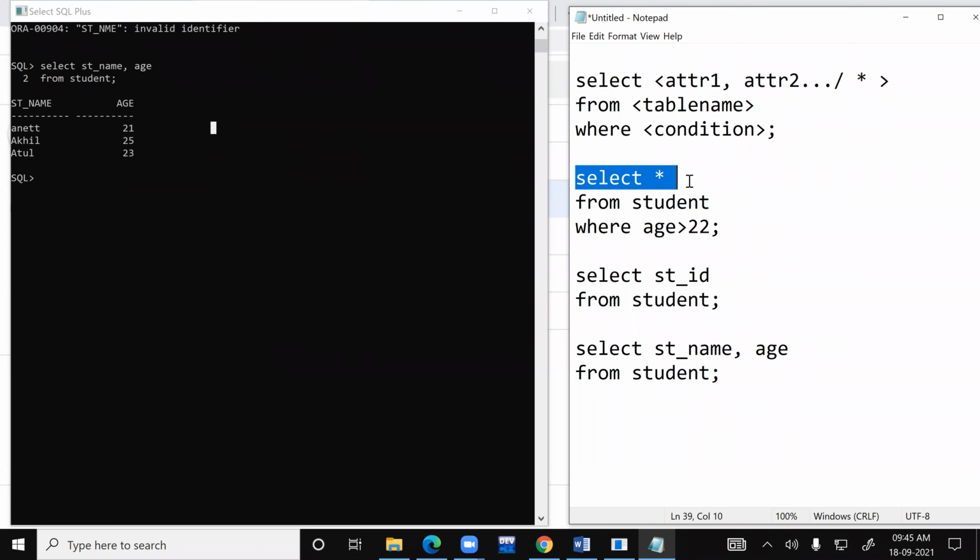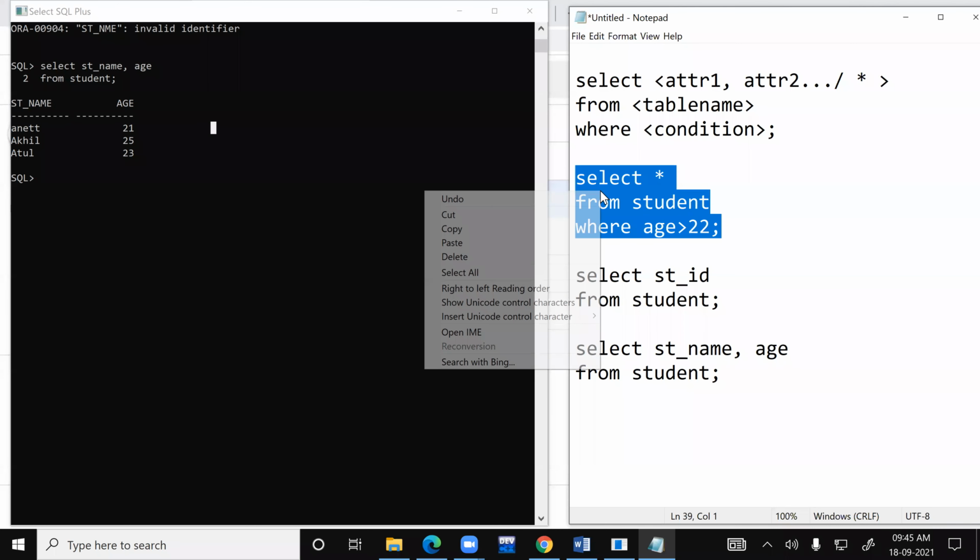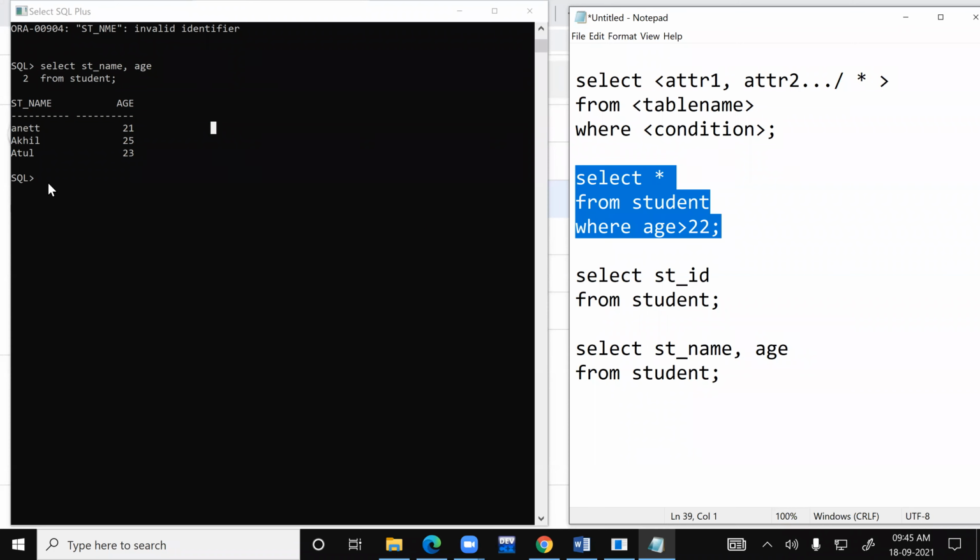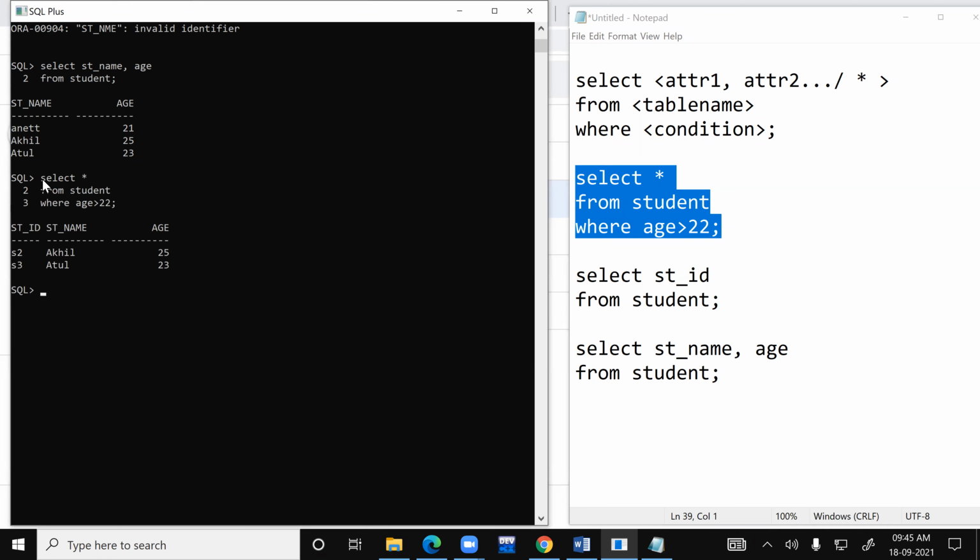So select all the columns from student whose age is greater than 22. Let's see what happens. I'm copying and pasting it over here. So greater than 22, Anuj doesn't qualify. I have only Akhil and Atul.